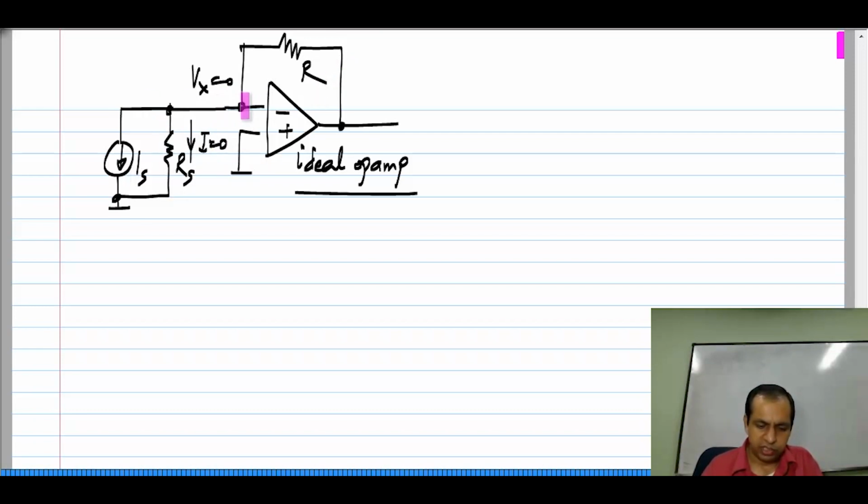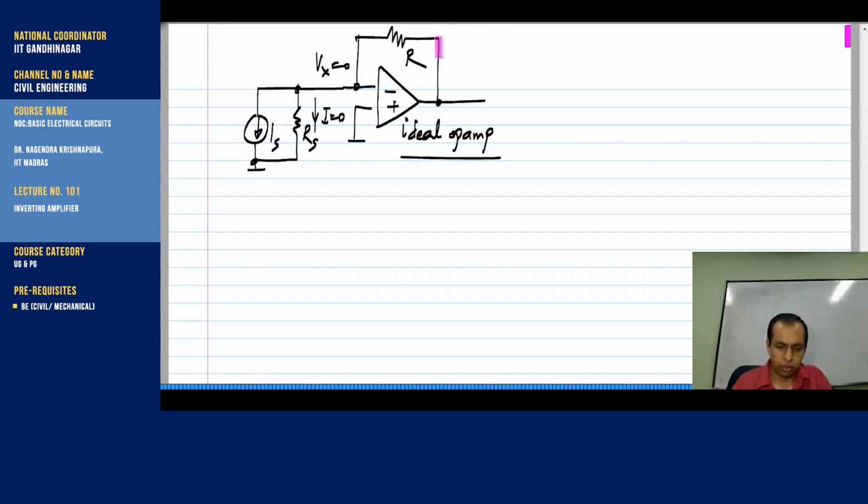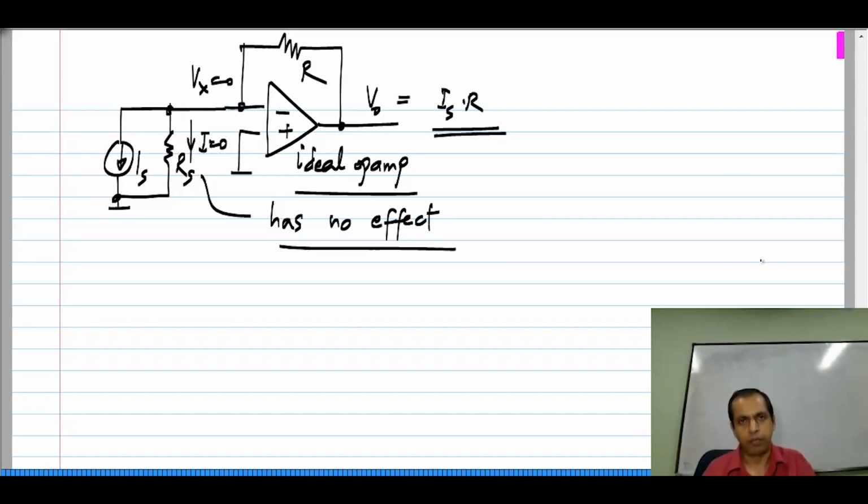So, all of this still flows through R. The equations I wrote earlier are still true. Okay. So, the solution to this, again you can calculate this for yourself systematically if you are not convinced. This V naught is still equal to Is times R. Okay. So, this Rs has no effect. This will always be the case if